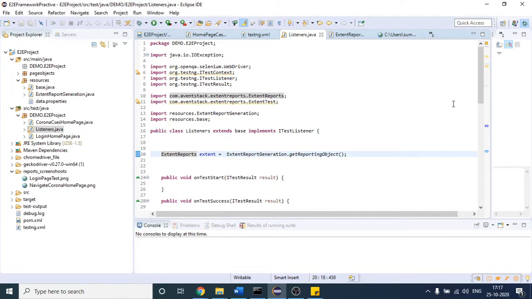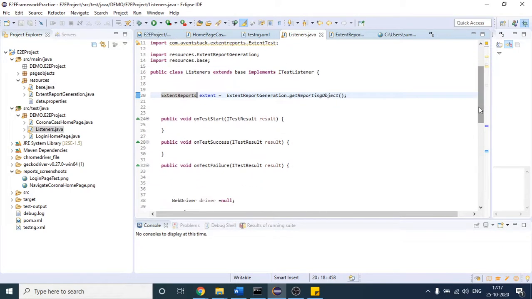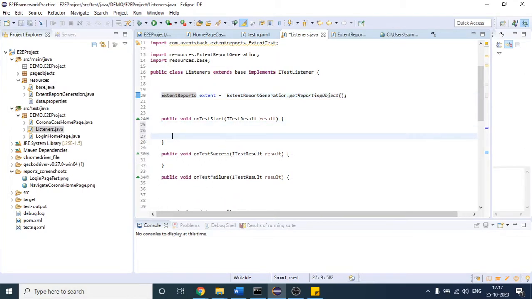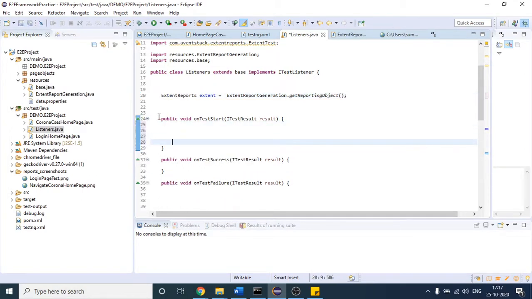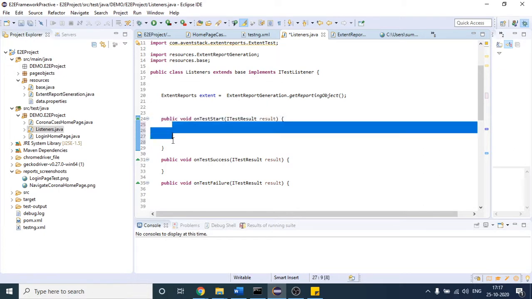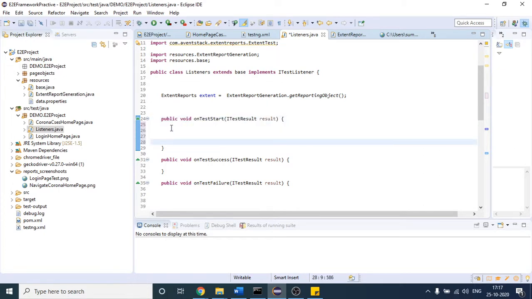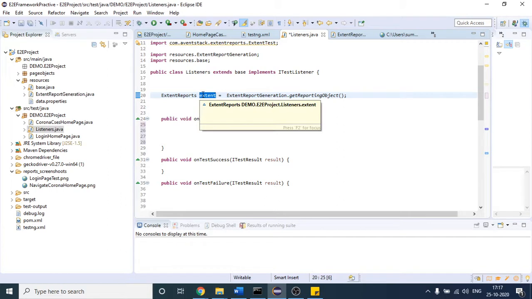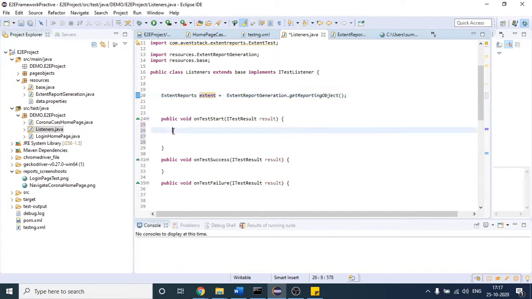So what happens when your test case starts? I already told you in the previous lecture yesterday that as soon as your test case starts, your control is going to come here. This is what the listener provides us. When your control comes here, this object will be listening to all your test cases. Whether your test case passes or fails, this object is responsible for creating the result inside your extent report. So copy this. Here I will say, whenever your test case starts, I will say extent